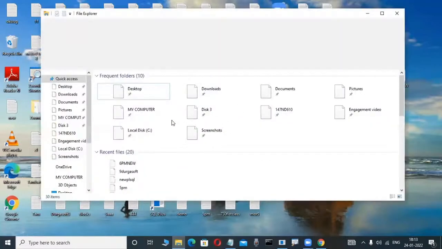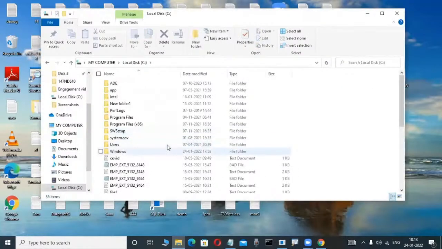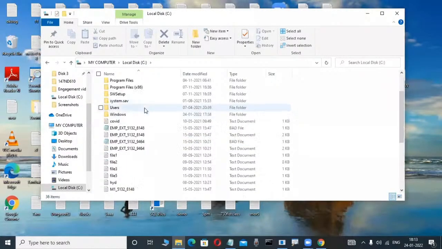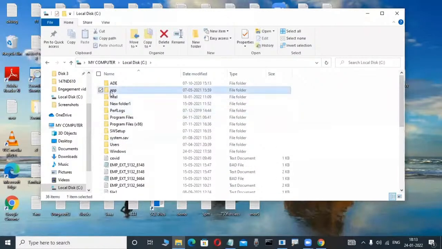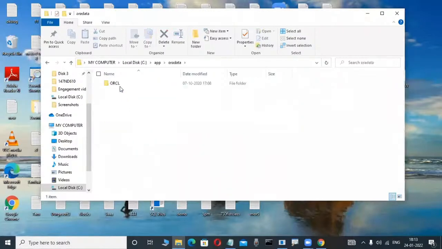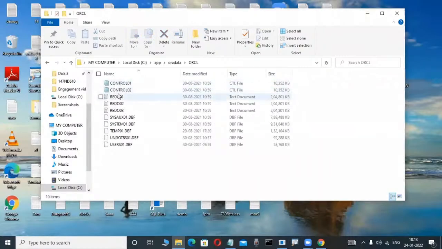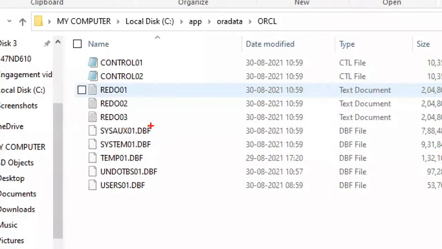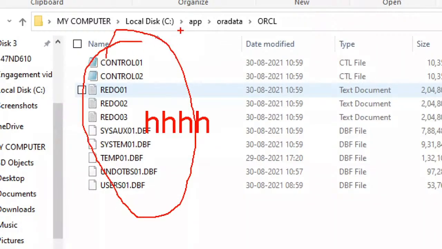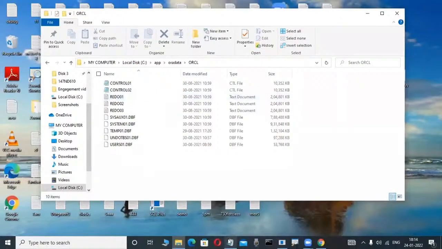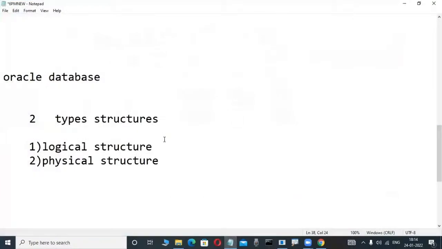I am installing Oracle in my system. How you install Oracle, we will learn in the next classes. Don't worry. Say I install Oracle in the C drive or somewhere. In this C drive, your table is not available. Whatever table I create is not visible in the C drive or D drive. That's why a logical structure means a structure which is not visible